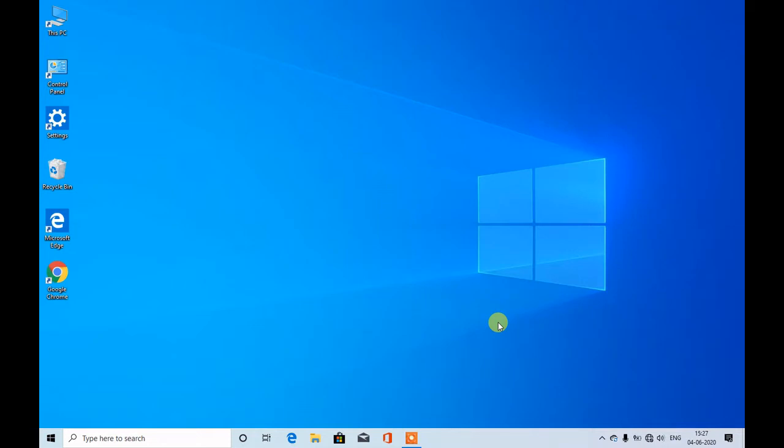But why a bootable pen drive, not a DVD or CD? Because it takes much longer to install an operating system from a DVD or CD. It's my personal experience. Because some PCs and laptops do not have an inbuilt CD or DVD-ROM, we often have to buy an external CD or DVD-ROM. And the third reason is that a DVD or CD may get scratched from time to time and may get damaged more easily as compared to a pen drive.